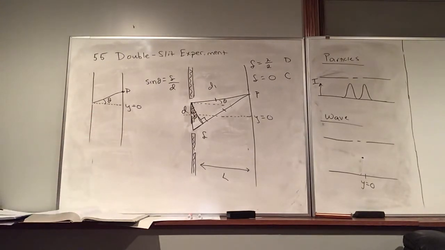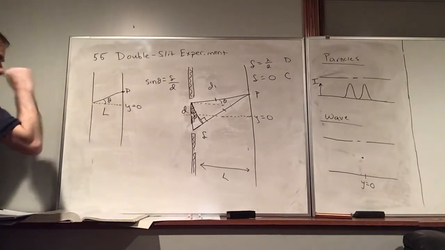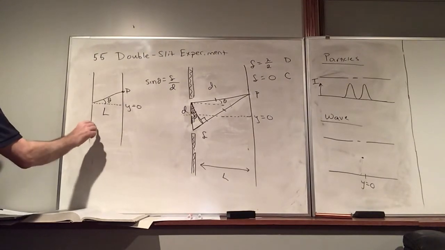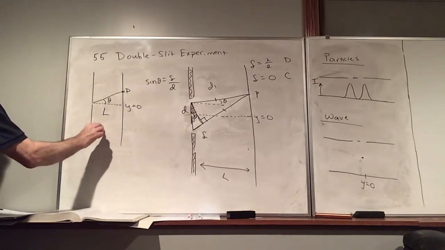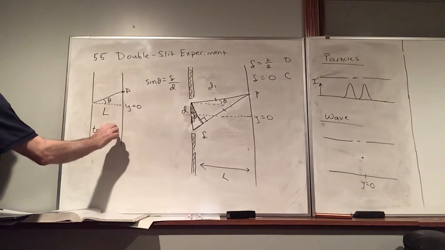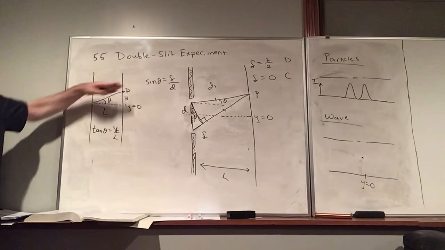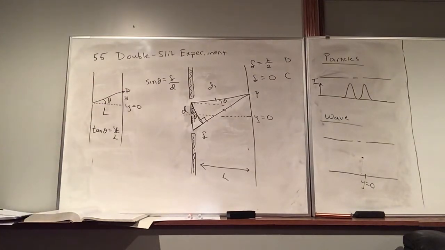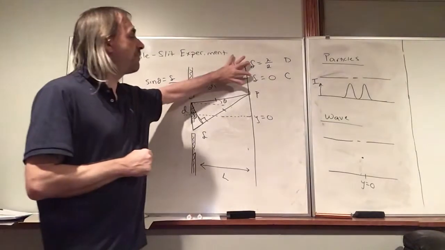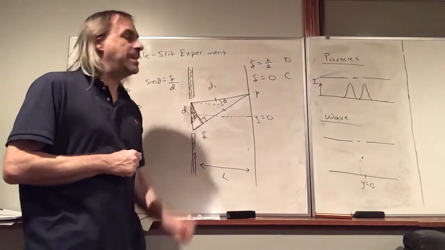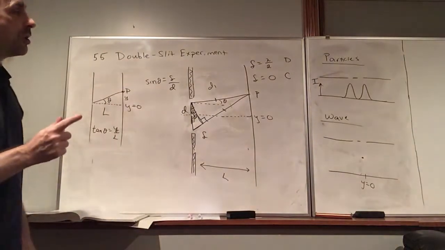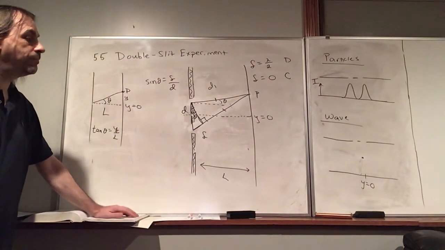Now let's look at this picture. We can say tangent of theta is y over L, where y is the distance from y equals 0 to our point P. We can relate these soon. But basically the conditions for constructive or destructive interference are right here. These are the basic conditions. However, they're not the only conditions,